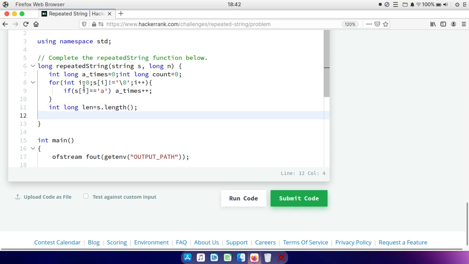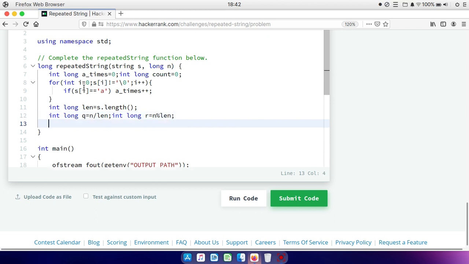Okay, then we have declared the long type variable q, that is the quotient we get by n divided by the length of the string. And similarly for remainder, that is n modulo length. I assume that you are familiar with the modulo operator. What does it do in C++ or in C?